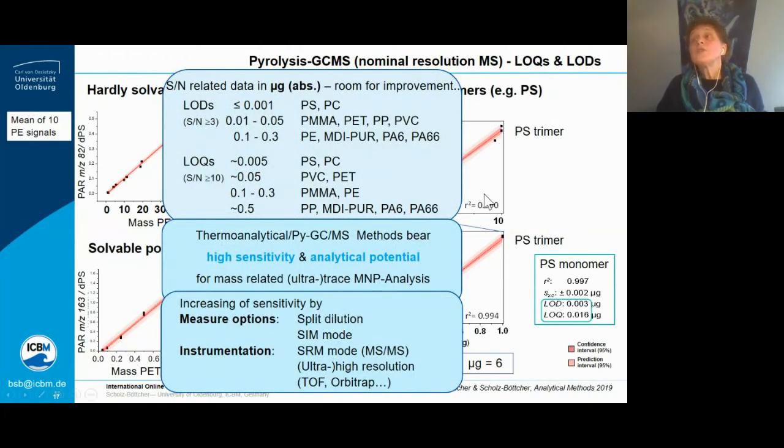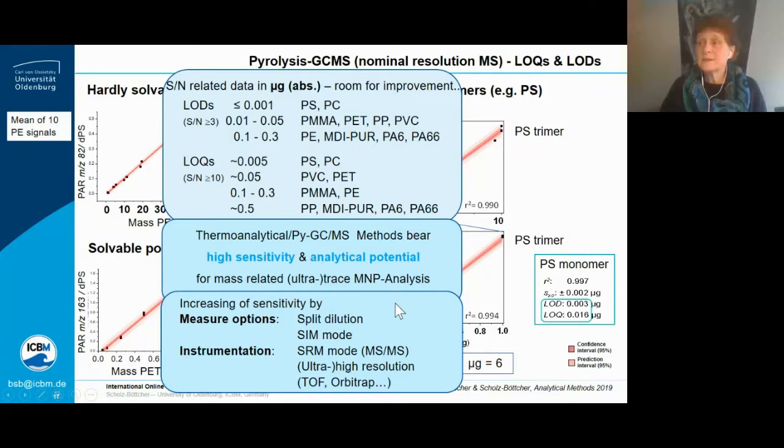Here is the summary just for signal-to-noise related data in microgram absolute, and you see we have different polymers with different detection limits and quantification limits, and these are data just from the common and nominal resolved system we use. But these data really underline the high sensitivity and analytical potential that pyrolysis GCMS has for mass-related trace analysis for